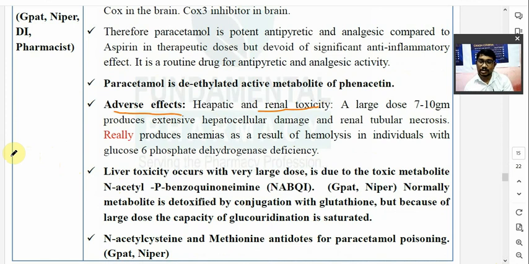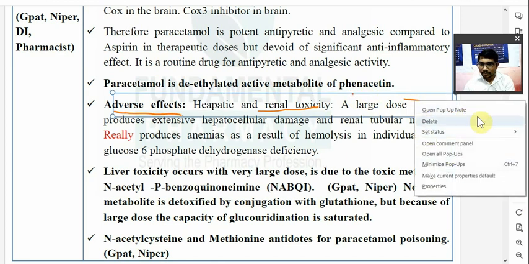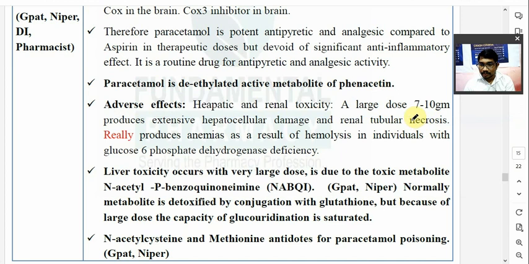A large dose of paracetamol beyond 6 gram per day. 7 to 10 gram दिया है यहाँ पे. Okay, 7 to 10 gram beyond the 6 gram per day. 6 gram के आगे. Okay, 7 to 10 gram of paracetamol produces extensive hepatic damage. Okay, renal tubular necrosis. So 7 to 10 gram of paracetamol, more than 6 gram, that is hepatotoxic, not